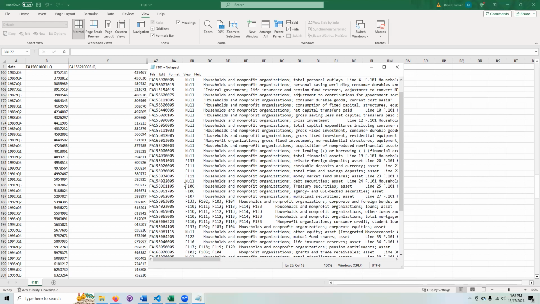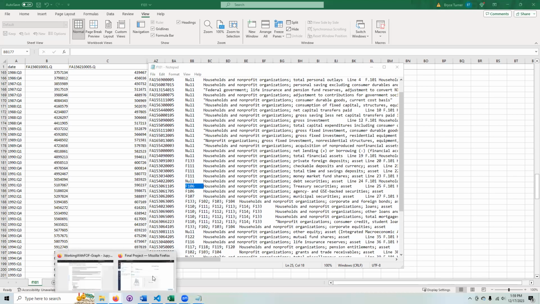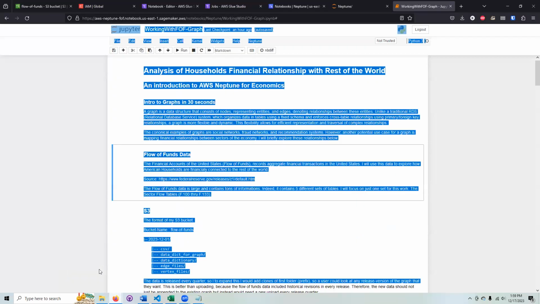If we look here at this one, 30611, this is the Treasury securities. It's an asset on the household, but that shows up as a liability for Treasury. And so we can take the 101 table, and via this code here, we relate it to the F106 table. And I can show you a list of what